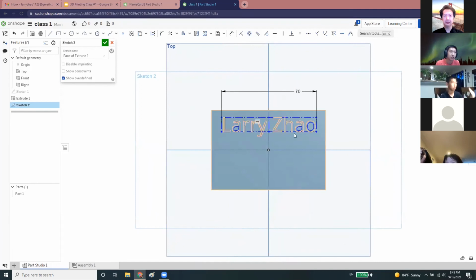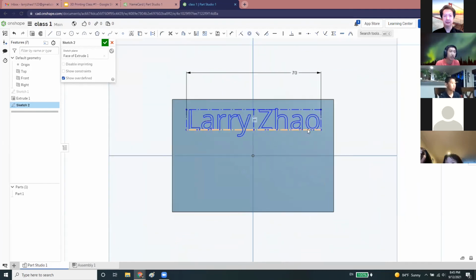If you want to center it, you can just use the dimension tool. So in this case, mine is 70 millimeters long, okay? And we know that the width from here to here is 84 millimeters. And what's 84 minus 70? It's 14, right? And then that divided by 2 is 7. So if we select set,